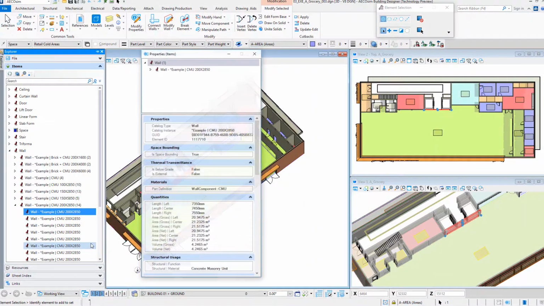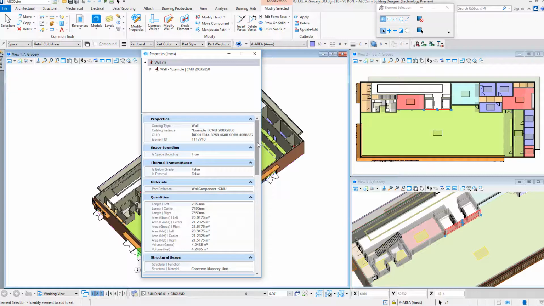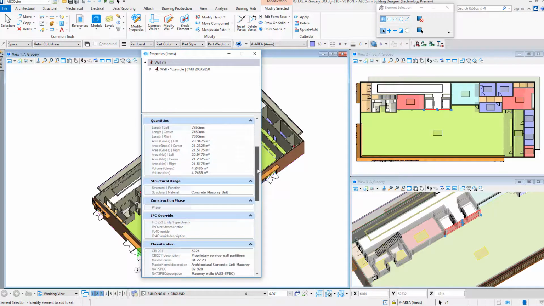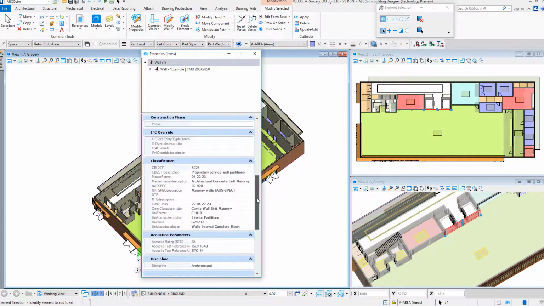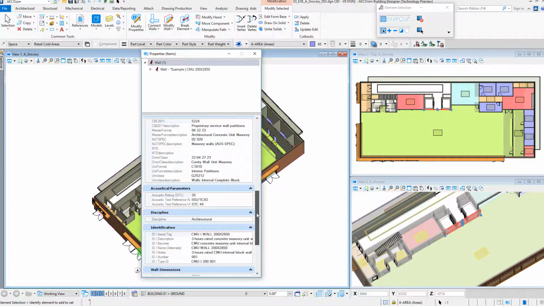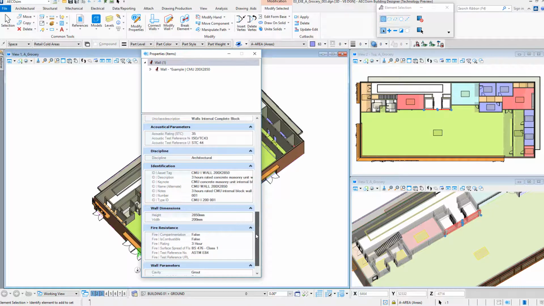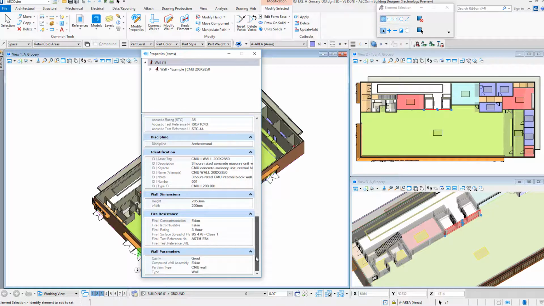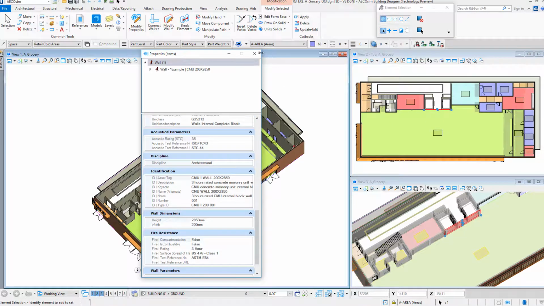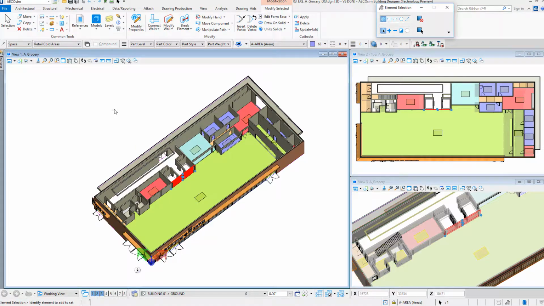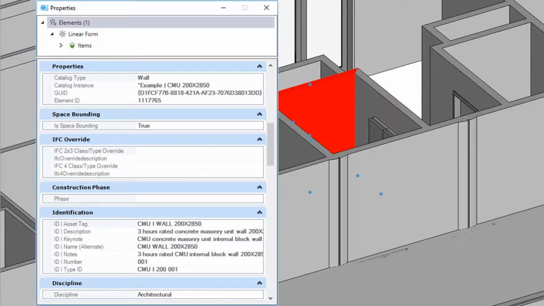The Properties dialog box shows all the properties fields defined in object-specific definition files. Main topics are about objects identification, description, classification, dimensions, and quantities. Information can vary depending on the type of object. In the case of walls, information will include fields for the following topics: identification in the system, space bounding to define if the wall is the limit of a space, IFC override in